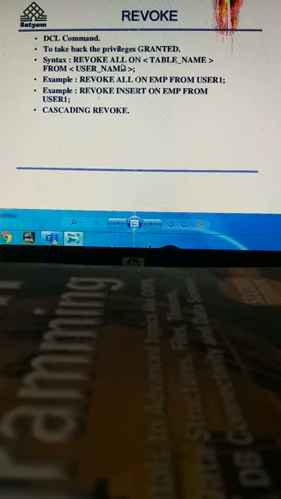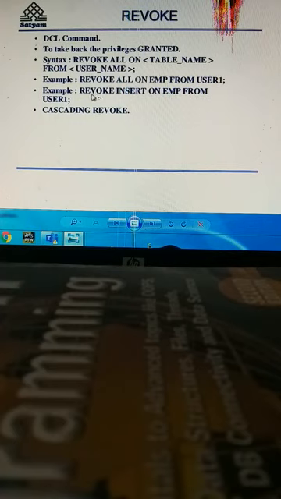Here it is: revoke all on table name from username, which means whatever privileges we might have provided, we are now taking back from the specified user. For that we use the revoke command.